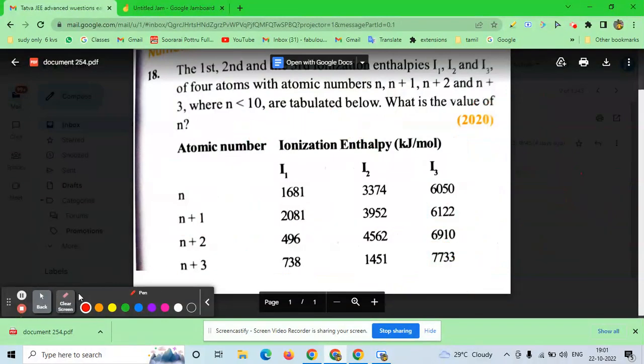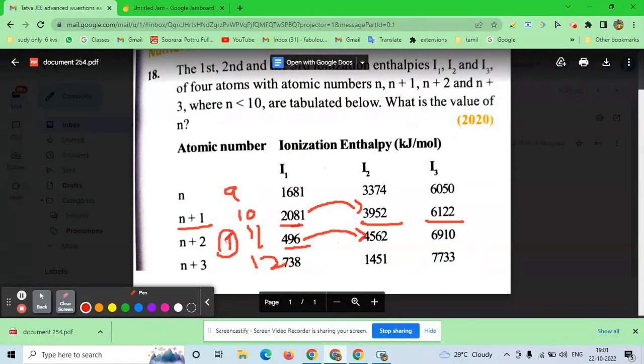So if you want to conclude here, the value should be 9, 10, 11, 12, depending upon our accuracy. We guessed it as n plus 1, see here, 2081, 3952, 6122, a lot of jump here. See here, there is virtually no difference between this and this, but here there's more difference in it. It indicates that this has either one electron losing, or